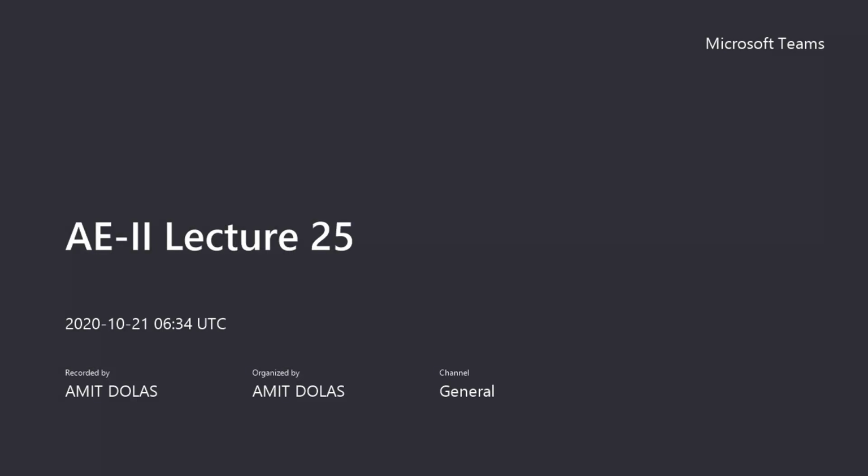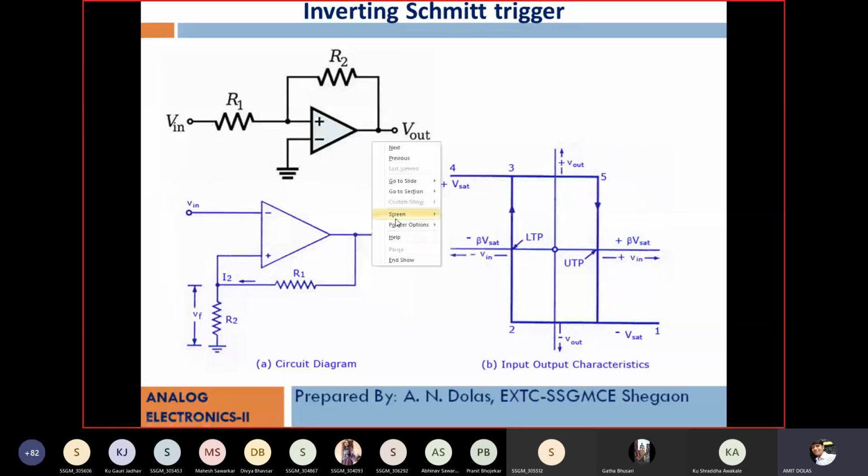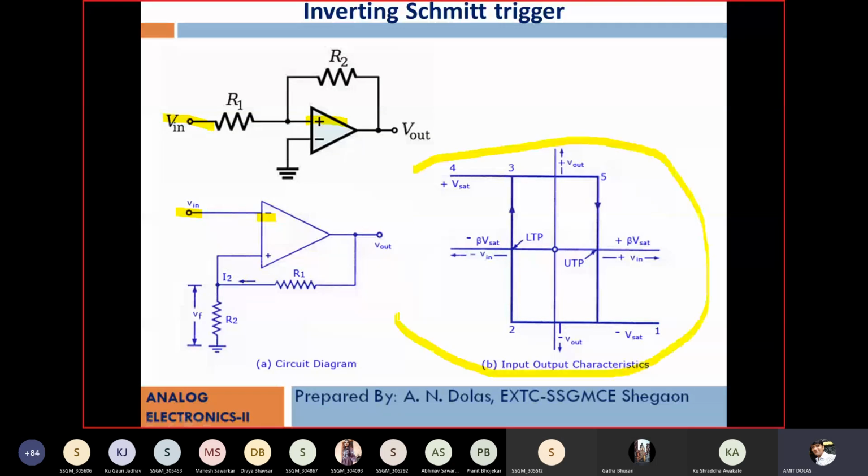Okay, so here are two circuits. This is the non-inverting Schmitt trigger, input is given to the non-inverting terminal. Then this is the inverting Schmitt trigger, input is given to the inverting terminal, and this is the hysteresis graph. In inverting as well as non-inverting Schmitt trigger, we get a square wave output, but they will be exactly opposite. Whenever positive is set for the inverting Schmitt trigger, then there will be negative for the non-inverting Schmitt trigger.